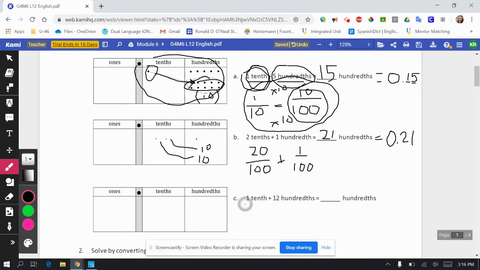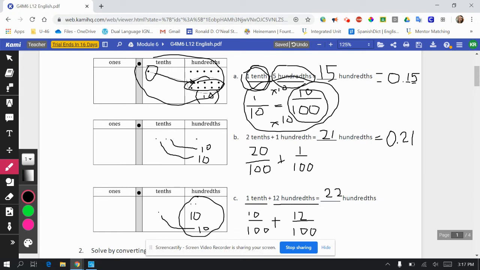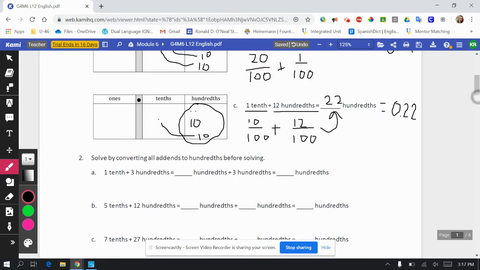On to part C. I have 1/10, 12 hundredths, 1, 2, and then down here I'm going to write 10. I'm going to bring that over, unbundle it. It's becoming 10. So now I have a total of 22 hundredths. So I can look at that here. 1/10 will become 10 hundredths. And then plus 12 hundredths. 10 plus 12 equals 22. Taking that one step further to be 0.22. Got it, good. Moving on to